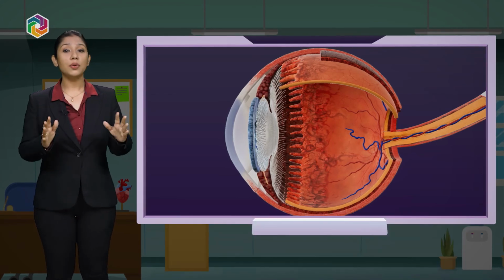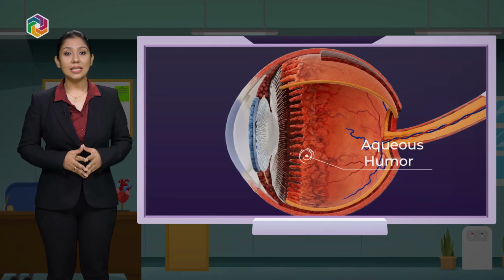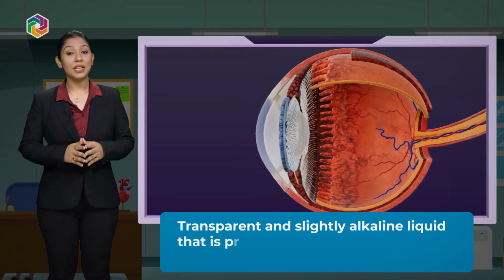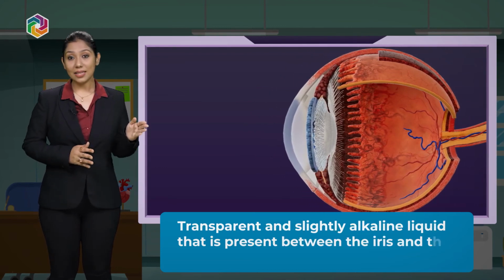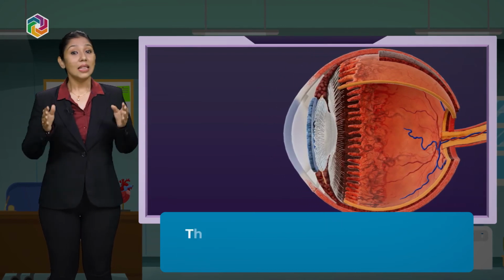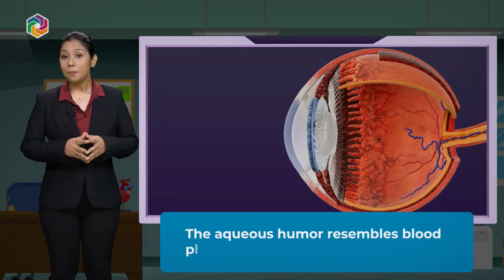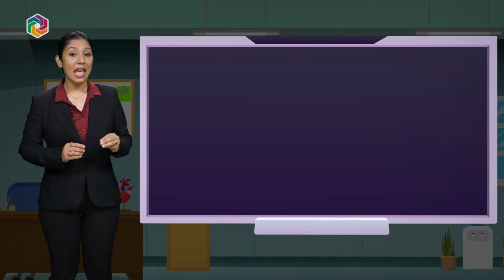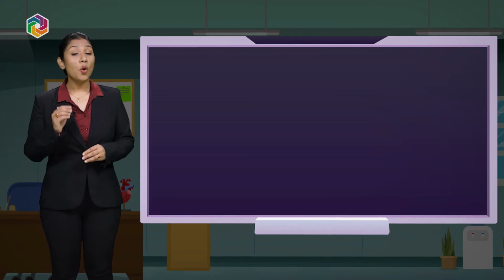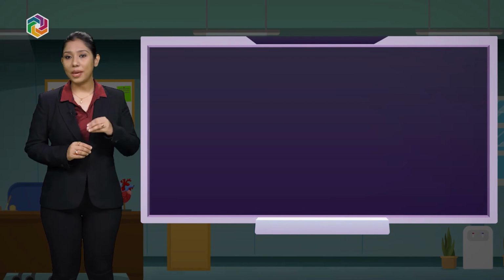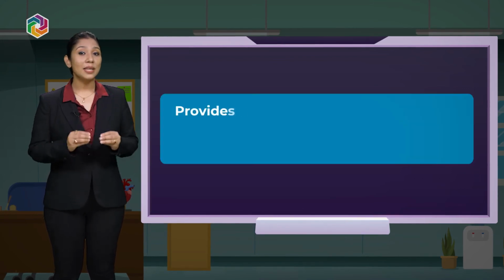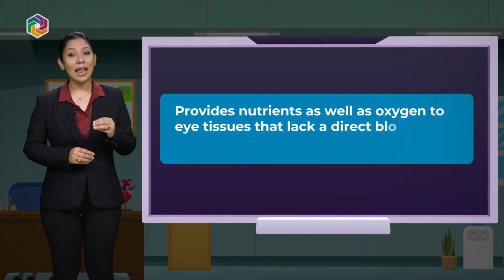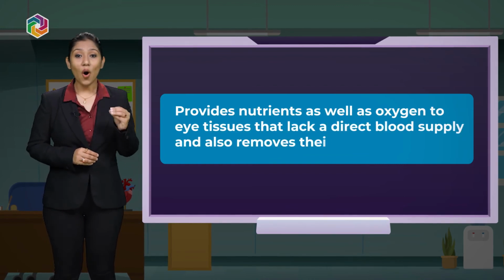Do you know what aqueous humor is? It is a transparent and slightly alkaline liquid that is present between the iris and the lens. The aqueous humor resembles blood plasma in composition but contains less protein and glucose and more lactic acid and ascorbic acid. It provides nutrients as well as oxygen to eye tissues that lack a direct blood supply and also removes